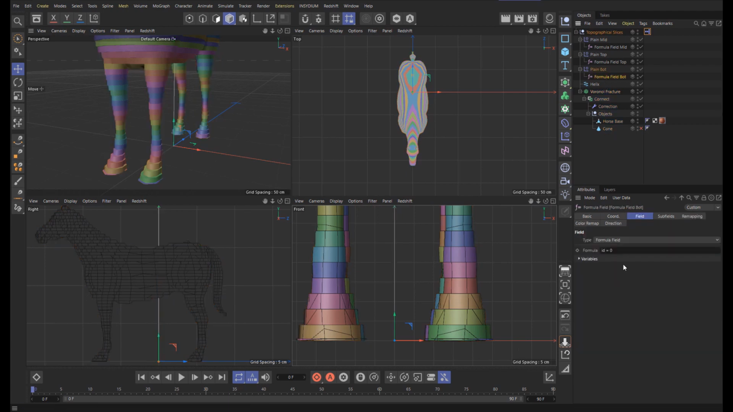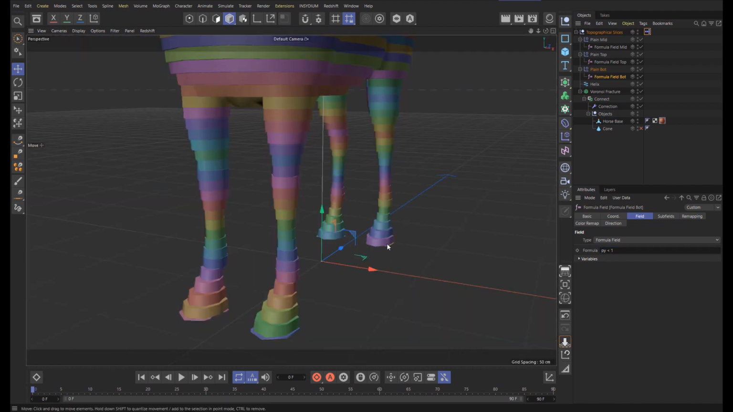Because, it's hard to see in this example, but if instead of using ID equals 0, I said PY is less than 1, see how that just cleaned it up a bit? That is because with ID 0, only one of these horse feet bottoms is ID 0. The other 3 are 1, 2, and 3. So to make sure we get all of the bottommost segments,